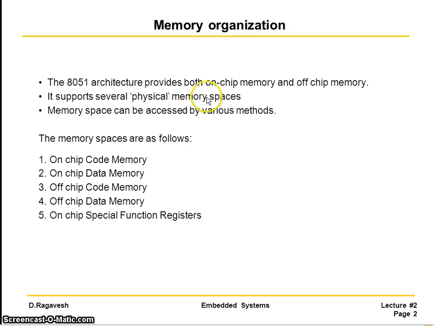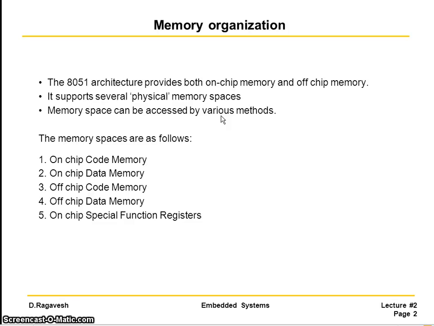I will show you how it is organized, and the memory space can be accessed by various methods. There is a specific method for how you can access data from memory. Sometimes accessing consecutive data is very much needed in some applications, so the microcontroller should be able to support us with an easy method to access